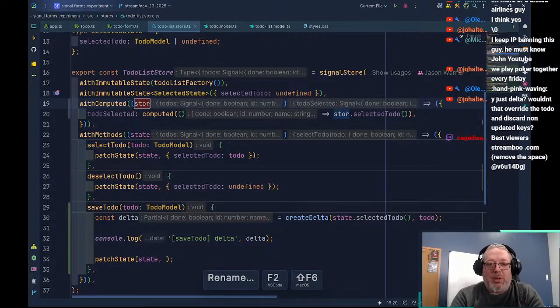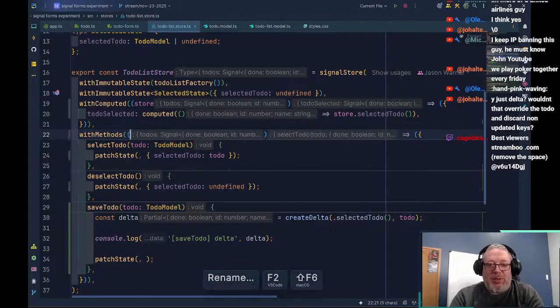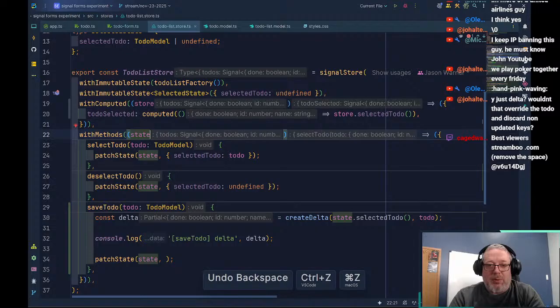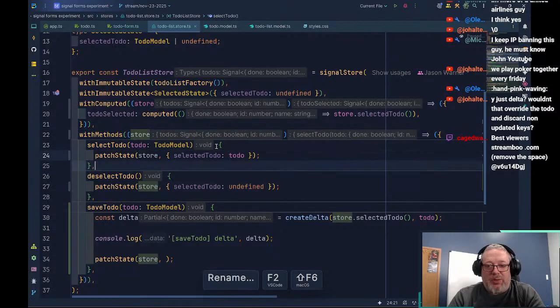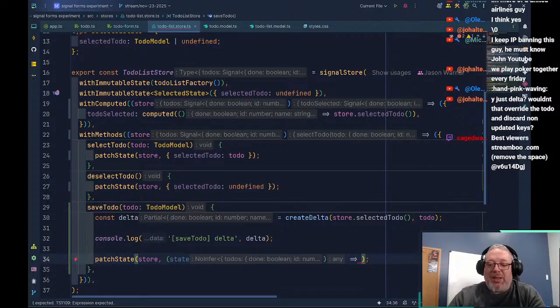So there's my store. This should also be store. And so here, what we can do is pass in state, and then we can use mutative.js.